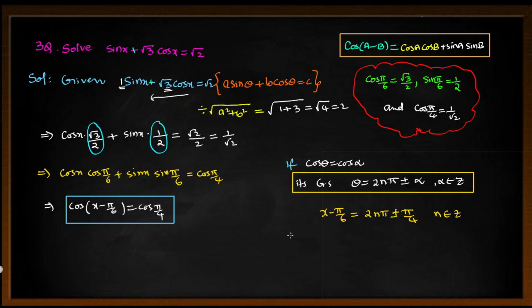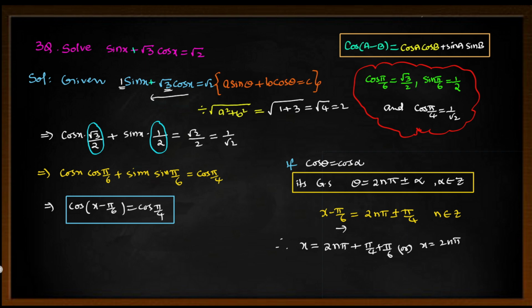Now finally we have to make x the subject. If we make x the subject, this minus becomes plus. So our answer is 2n pi. The first time I am writing plus pi by 4 plus pi by 6, and the second time I am writing minus. So x equals 2n pi